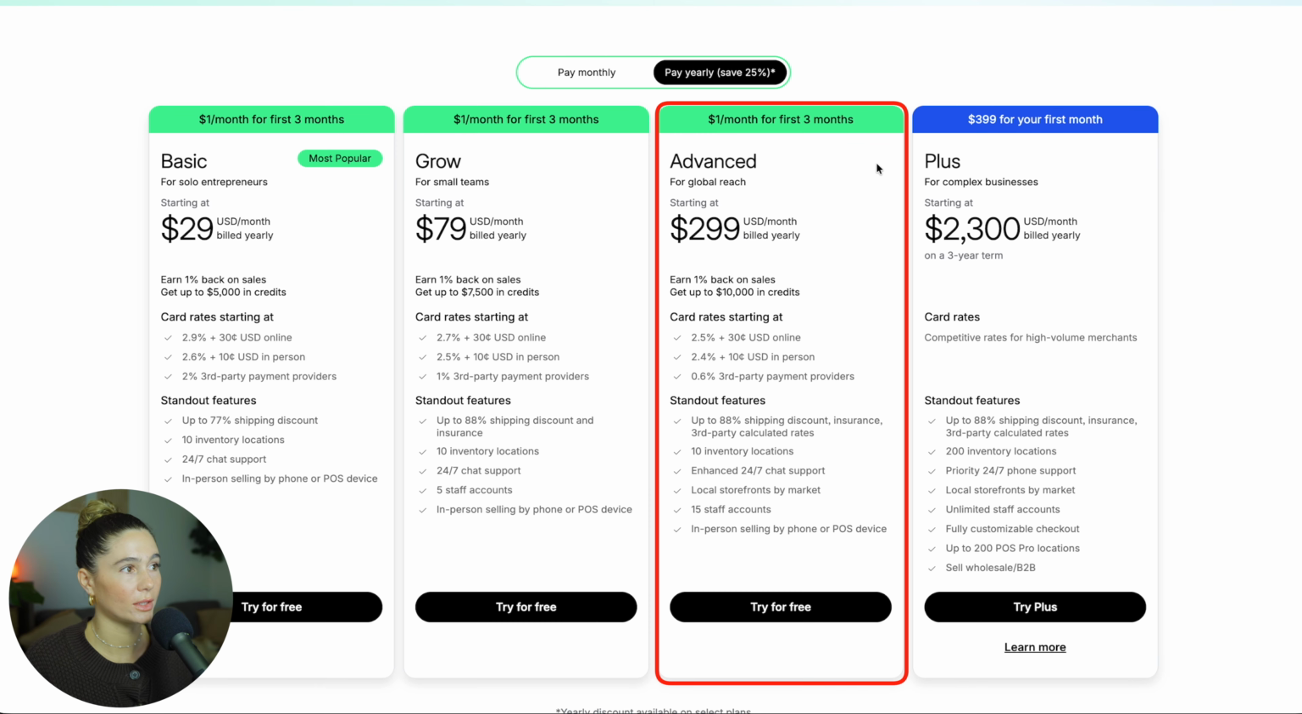Then we've got the advanced plan, which is $299 per month billed yearly. With this, they are the lowest card rates besides the plus plan. But as you can see, it drops to 2.5% plus 30 cents online, 2.4% plus 10 cents in person, and then 0.6% for third-party payment processors. Okay, then other features, you get everything in the grow plan, but you also get 15 staff accounts and local